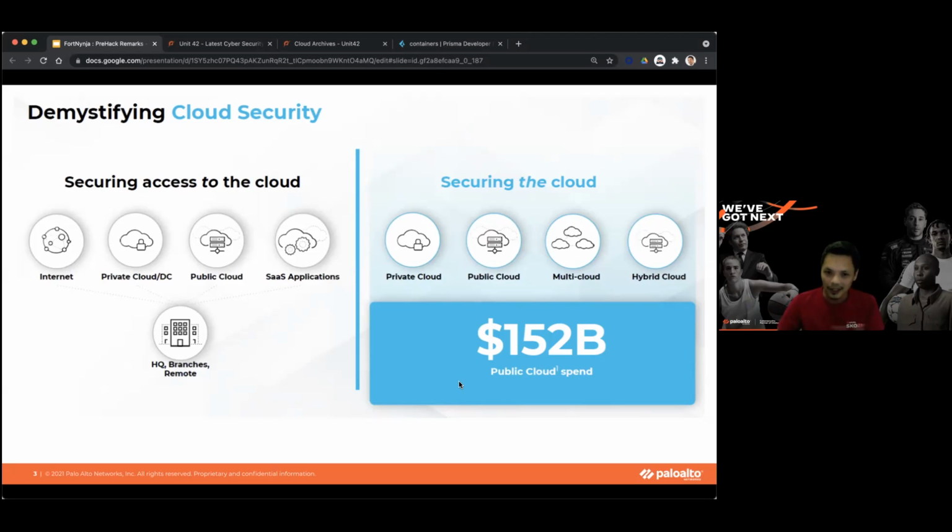So that's what we're talking about: how we secure in the cloud, from a private cloud, public cloud and multi-cloud perspective. The applications that you are going to be developing, which I'm really excited to see and which will be a learning experience for me as well, will have to live in some sort of infrastructure.